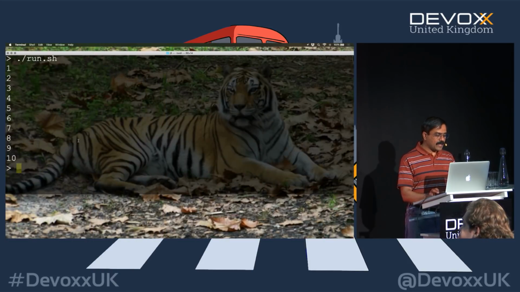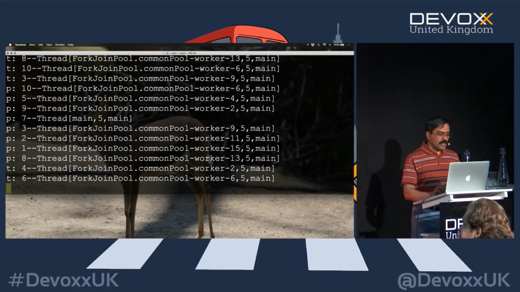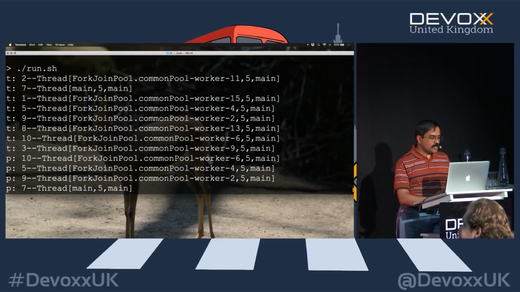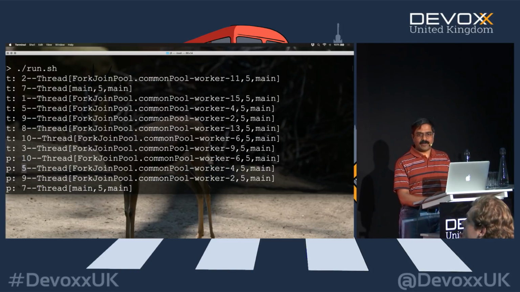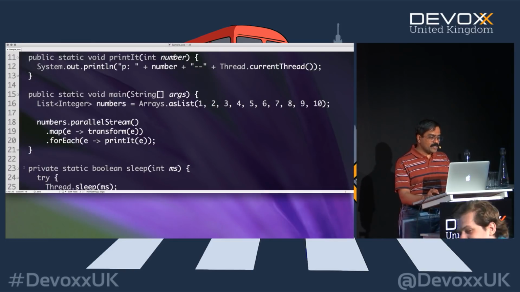Now when we run the code, let's go back and run this with forEach for a second. Notice that with the forEach, there is no guarantee at all. As you saw from the output, there is the T, which is transforming the output right here. All the transformations are happening. But notice when the 10 got finished, that got printed. When 5 got finished, the 5 got printed. So they're all just printing in different order. The P10 appeared before P5, showing that there is no guarantee of ordering of the printing. They just went haywire depending on whatever order things were finishing.